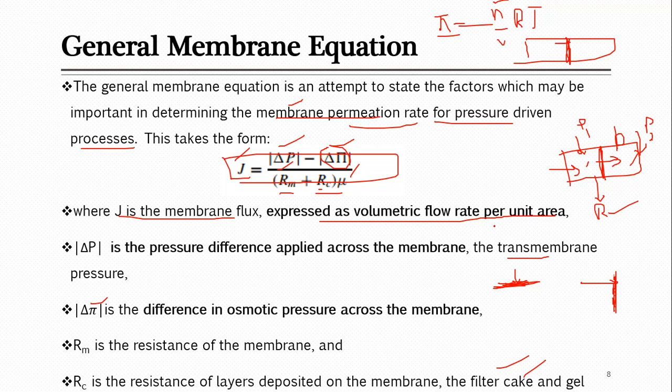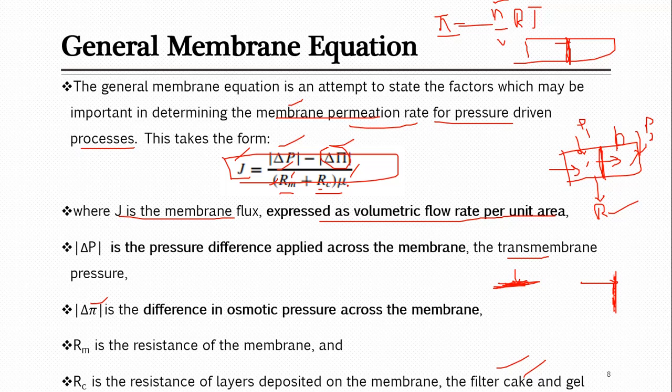At the end of this lecture I will tell you about this selection of the material, and on which factor it depends. For example, if the value of Rm, its resistance, is low, then definitely the flux will be higher. Its resistance should be low. And if you look at this RC now,